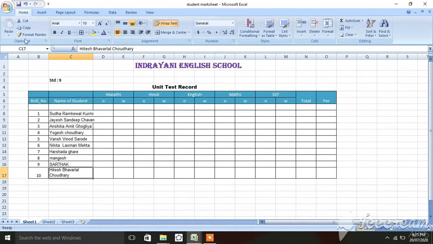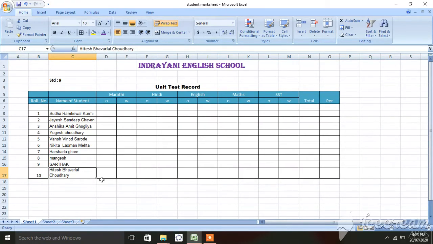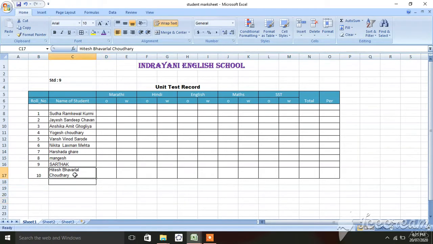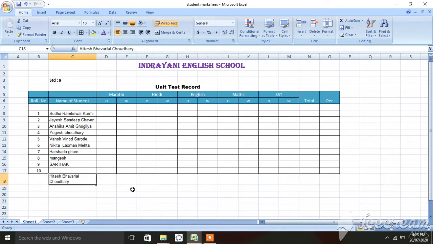Okay, now cut, copy and paste. Cut, copy and paste features are used when you want to make a copy. Suppose this is the cell, click on copy, go down, click on paste. The same data gets copied here. And cut means, suppose you want to shift the data from one place to another, then click on the cell, click on cut, click downside, paste. See, all the data gets shifted from one place to another.